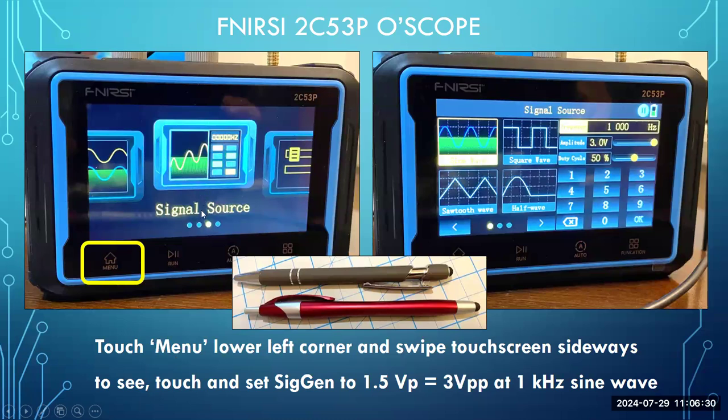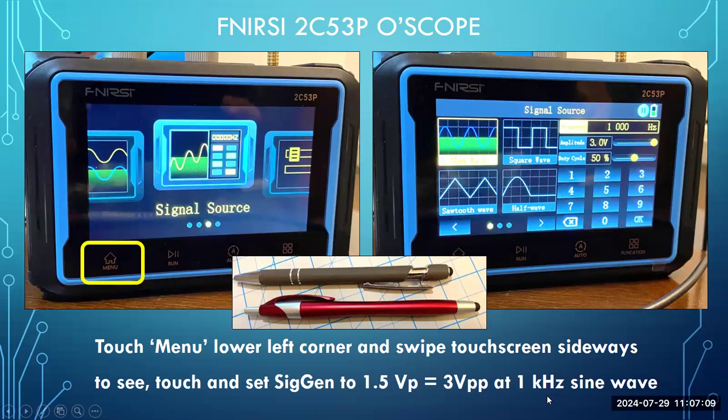Once you see signal source, then you touch, meaning you tap this. Once you tap this, then the control part of the signal source comes up, and you're going to set the signal generator to 1.5 volt peak, which is 3 volt peak to peak here. You can do this by clicking in here and typing in the number, or you can adjust this by moving the slider left and right on the touch screen with your cell phone pen. So you want to set the signal generator to 1.5 volt peak, which is 3 volt peak to peak, and you want to set your frequency to 1 kilohertz,